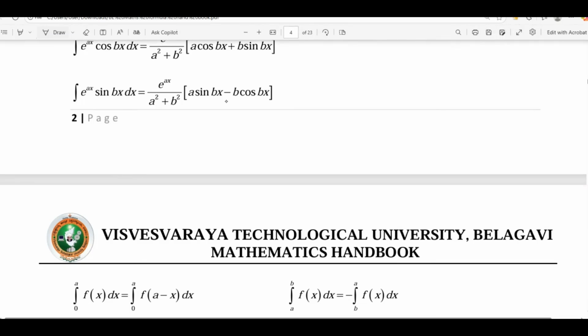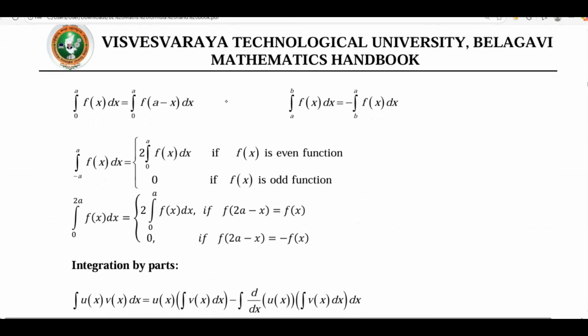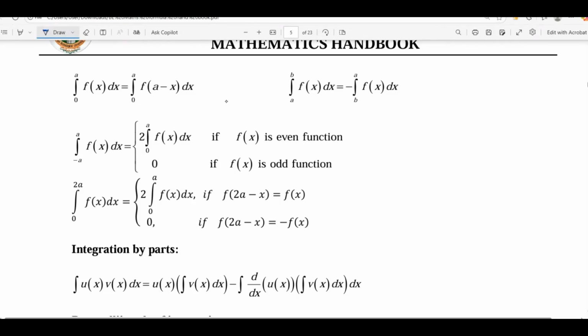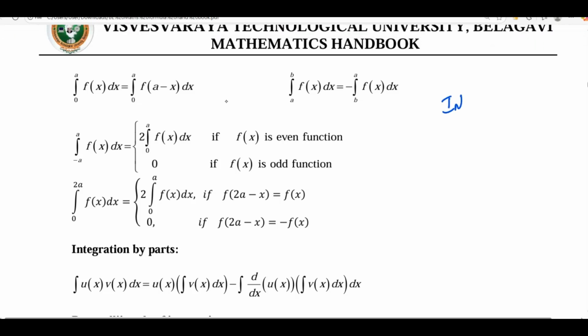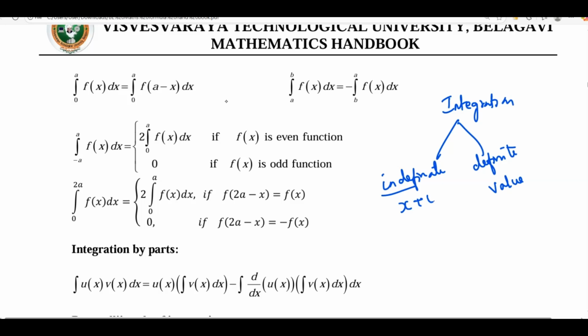Moving on with the next one, in integration we have two parts, that is definite integral and indefinite integral. Indefinite integrals will have the constant c, whereas definite integrals will not have the value c, we'll get the answer directly. In indefinite integrals we'll not be getting a numerical answer, the variable will remain, so we'll be adding plus c.